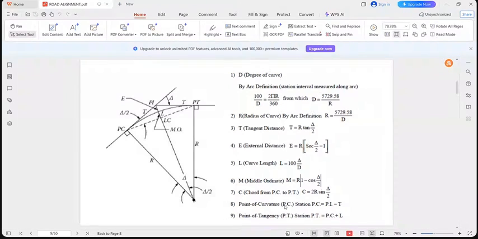Okay? So now let's continue. Look at this slide. I want you to look at it and try to see the components of the simple circular curve, because in the horizontal alignment we are having simple circular curves, reverse curves, broken back curves, compound curves,